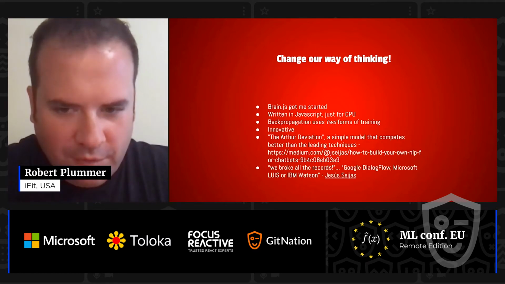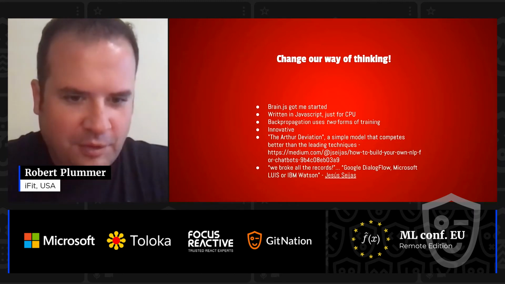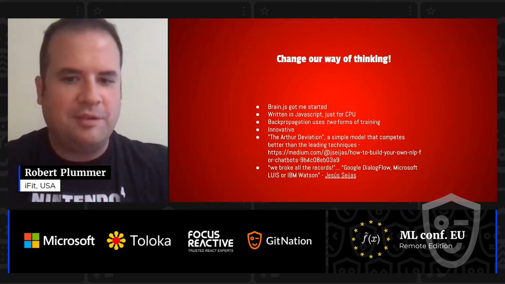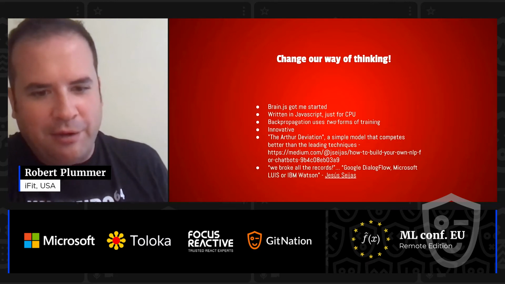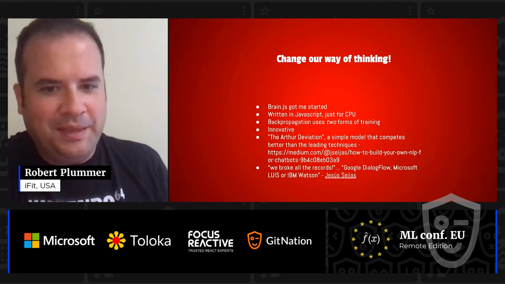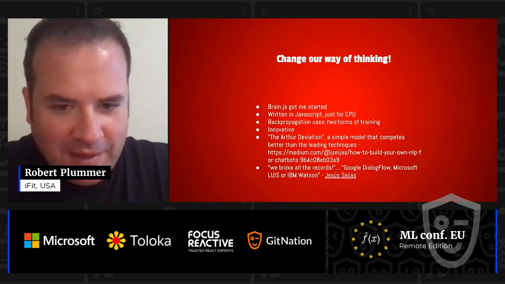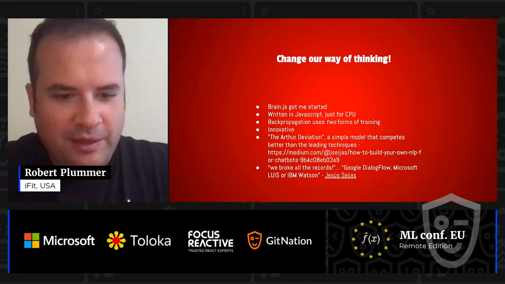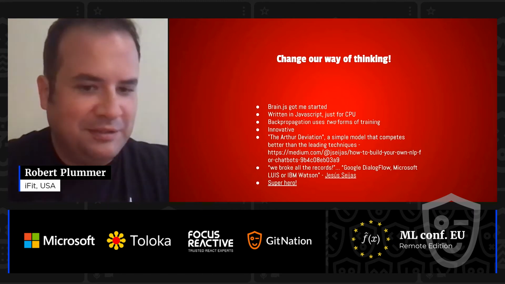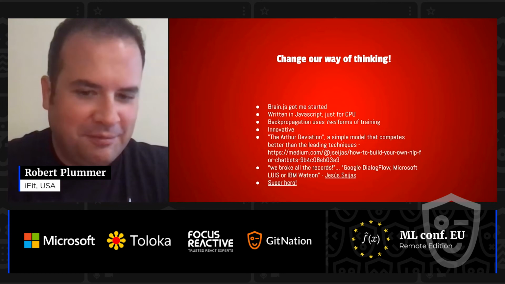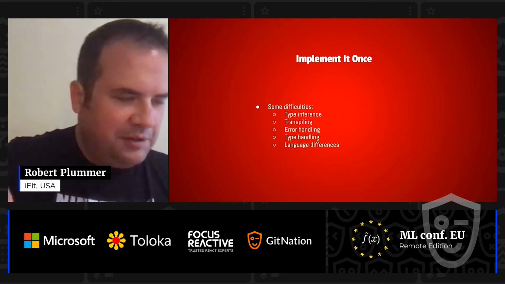He went on and he took Brain and turned it into a natural language processor. And his quote from this URL, "We broke all the records." And he was comparing Brain.js, this little meek little library, to Google Dialogflow, Microsoft LUIS, and IBM Watson. He outperformed those with this little bitty library, and I think in part it is because of the quick, innovative ability to edit in one language. And that, for me, turned Brain.js into a superhero. That was amazing. So if we were to truly implement it once, we run into some difficulties here.